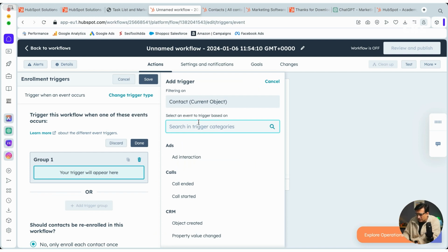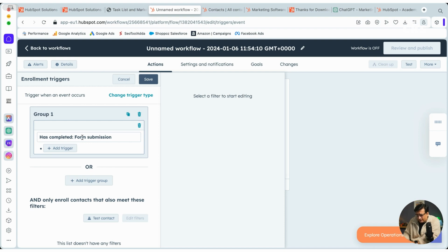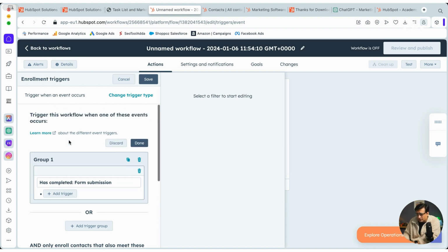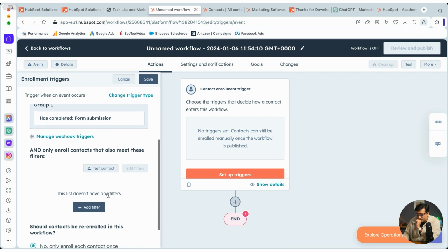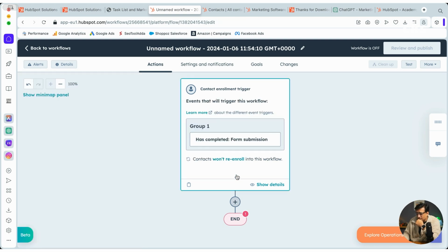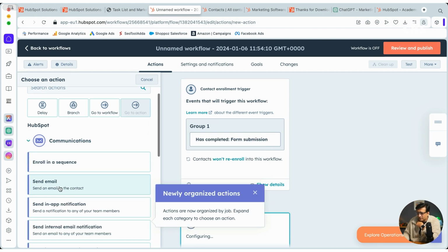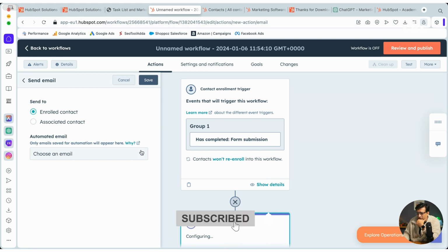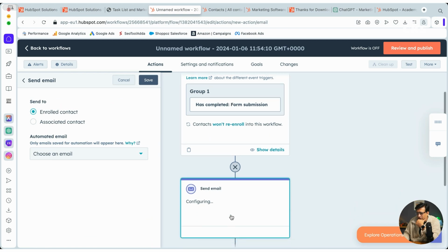So if I say somebody has submitted a form, I think you might have gotten an idea by now. I probably don't have a form right now. All right, form submission, we don't have any form, but yes, you got the idea, right? For example, if somebody submits any form here, we can then send an email. So send email, this is the most common one. So you can select any email. We don't have any email here, but yes, somebody submitted the form, we can then send the email,